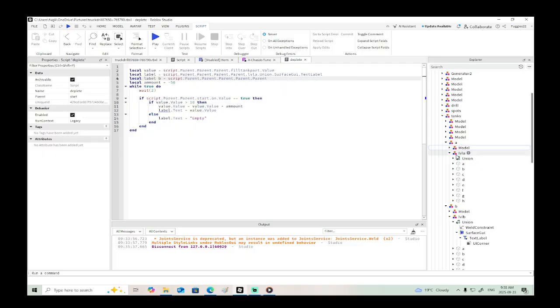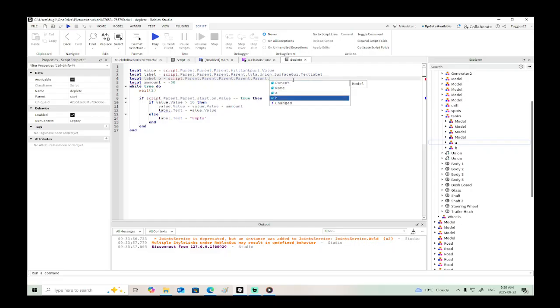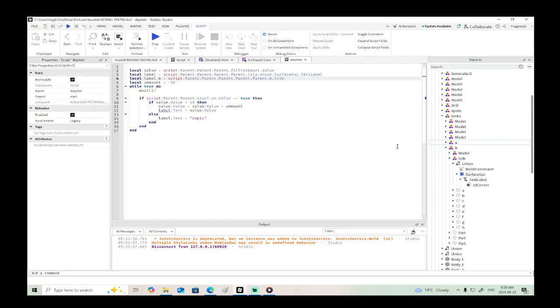So if we go one more, we should be here. And then I should be able to say dot B. Yeah, dot B. Dot level B. Dot union. Dot surface GUI. Dot text label. There we go. Okay, so now